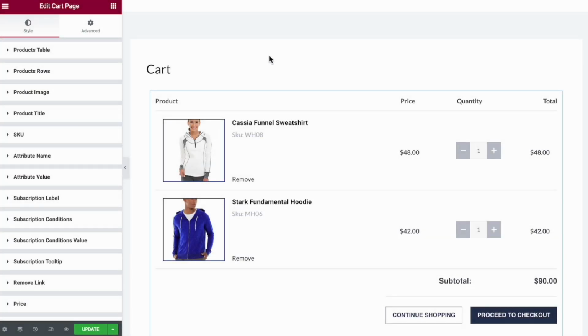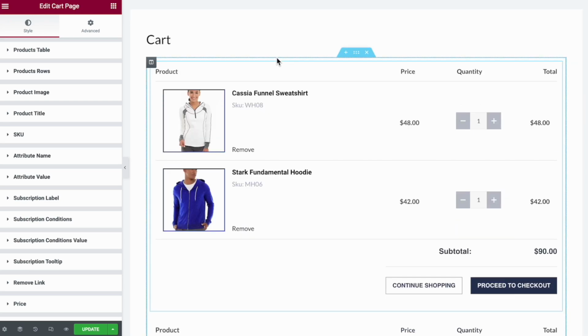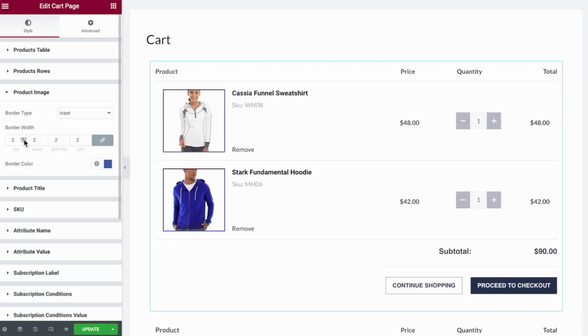The cart page widget is part of a robust collection of widgets from Prodigy Commerce, giving you complete control over the design of your e-commerce store. It's usually very difficult or impossible to customize your cart page with other e-commerce plugins like WooCommerce. Prodigy, however, provides a simple widget to control every aspect of that cart page, from text colors to product image